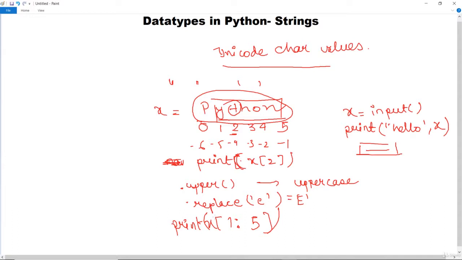Now let us execute the three small codes which I have mentioned. Firstly, how can we access the string, and then how can we take command line input for strings, that is, how can we give an input for a string with the help of the input function and print it with the help of the print function, and then use several other operations on strings.